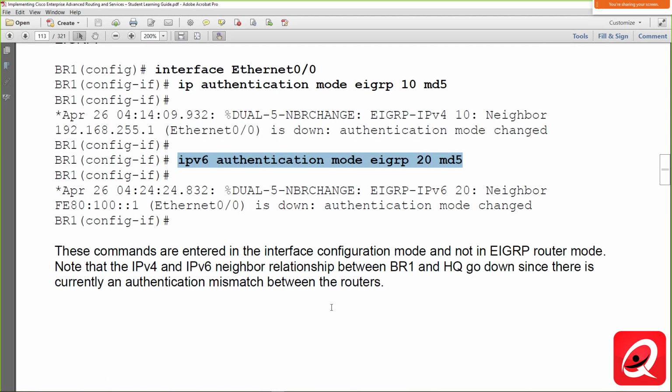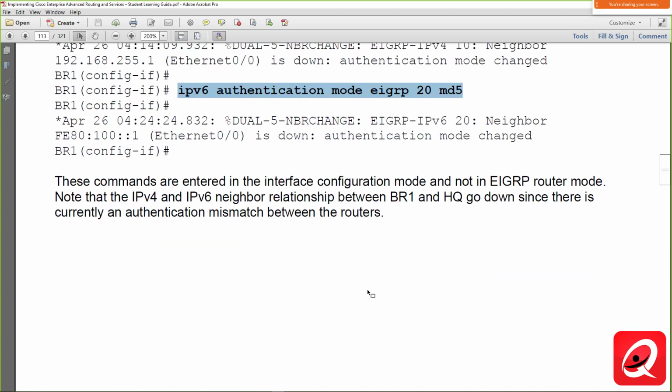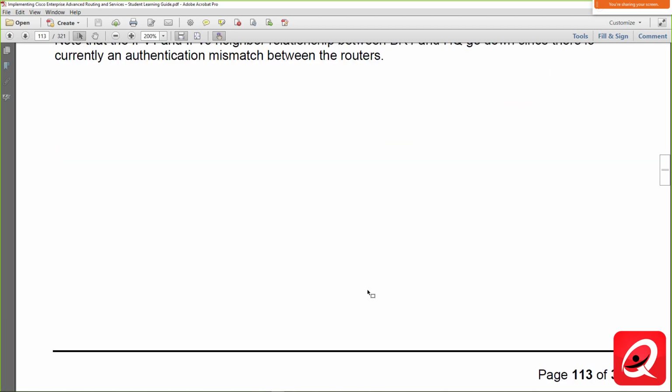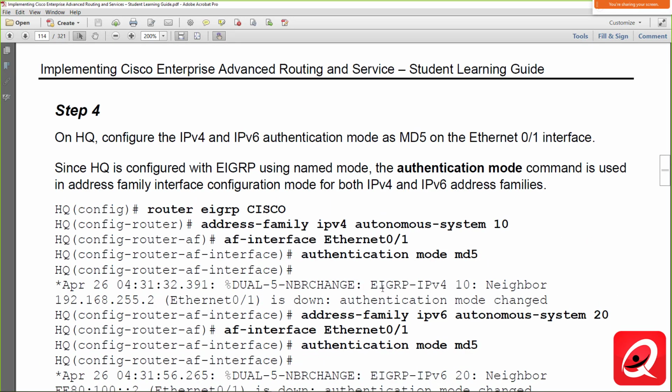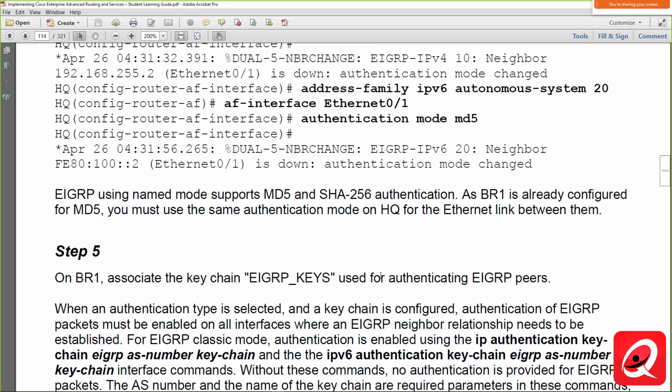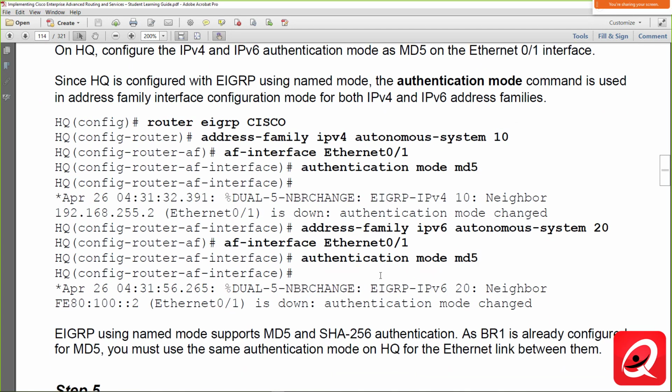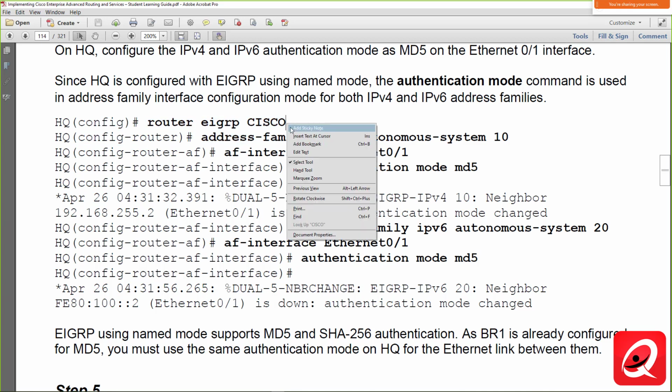We're basically halfway through the config, which means it's not going to work no matter what, because we haven't tied the keychain to the authentication process. That's why I typically would put in the reference to the keychain first, and then enable the authentication. If I go to HQ, under Router EIGRP Cisco,